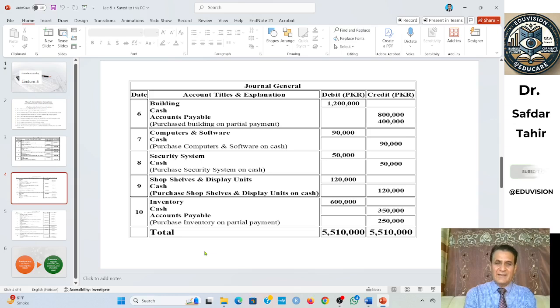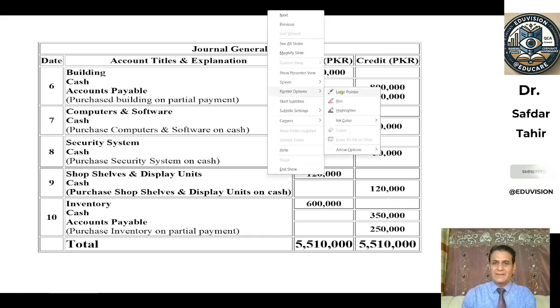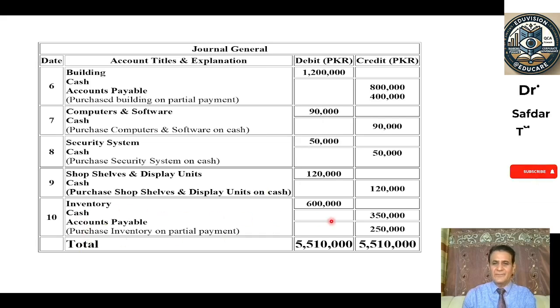In the 10th transaction, we purchase an inventory of 6 lakh rupees. So the inventory increased, that is debited, and the cash paid 3,50,000, which is credited, and the account payable of 2,50,000. Then we add all debit, which is